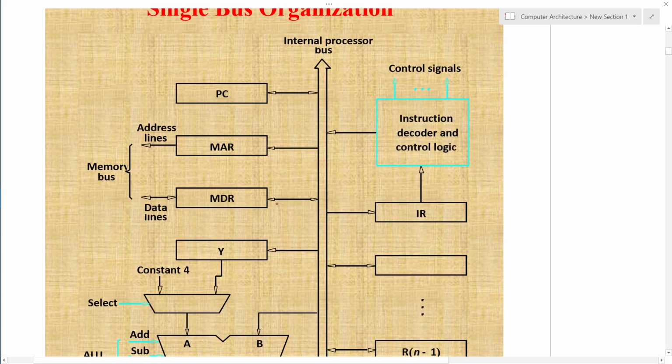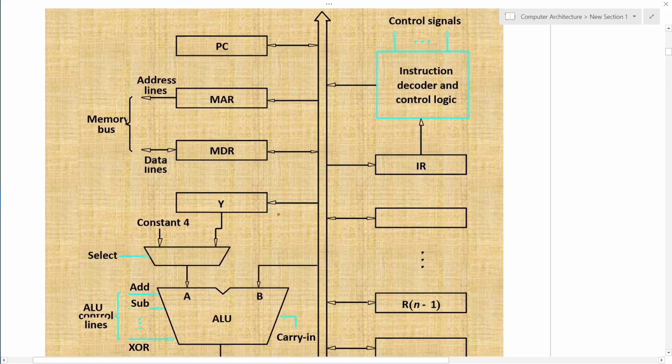Then Y is a temporary register, and this is connected to the multiplexer. This is a two-input multiplexer: it takes one input from Y and another input from the constant 4, and the multiplexer select line selects between the constant 4 and Y, and provides the data to port A of the ALU.